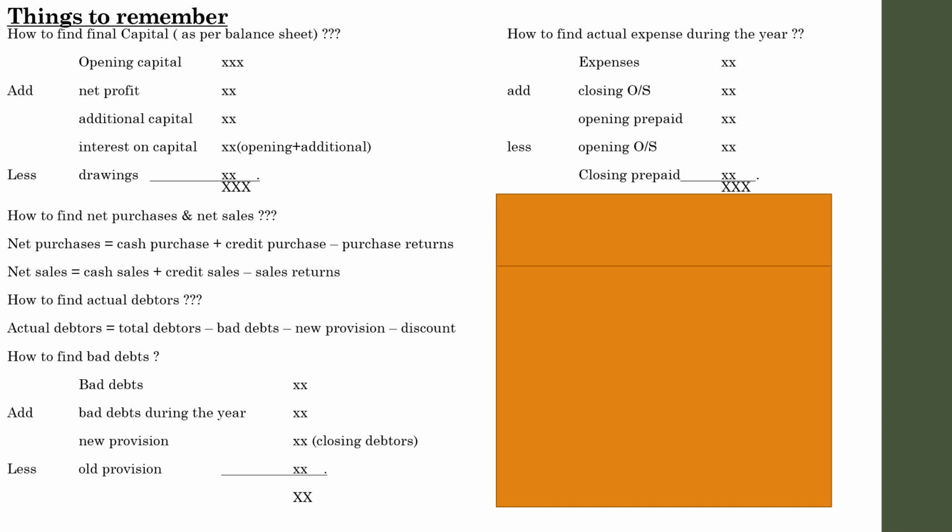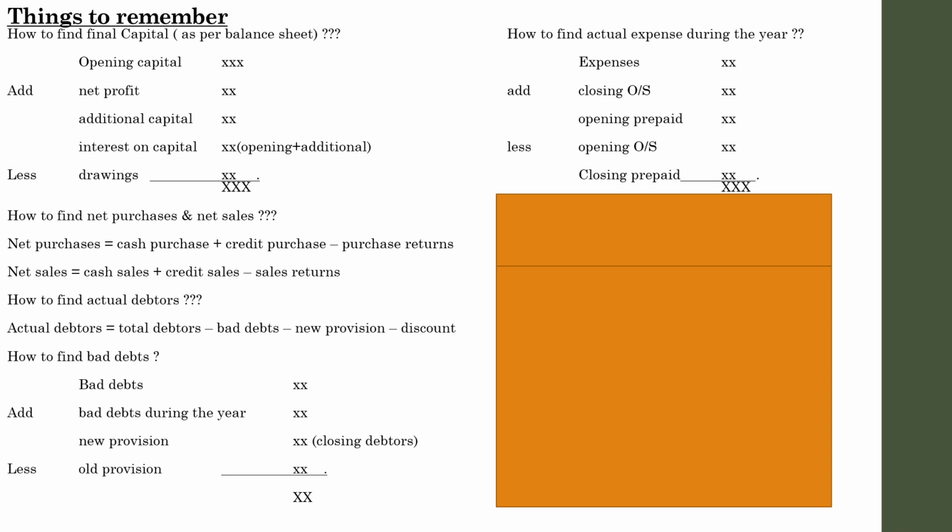Surely it belongs to the previous year, that's why it was outstanding in the current year and it was not met in the last year. So it should have been met in which year? In the previous year. It must have been paid in the previous year and it should not be considered in the current financial year. So an opening outstanding doesn't belong to the current period.